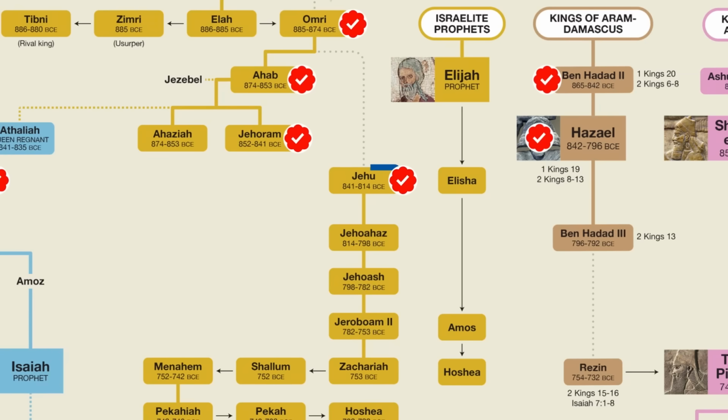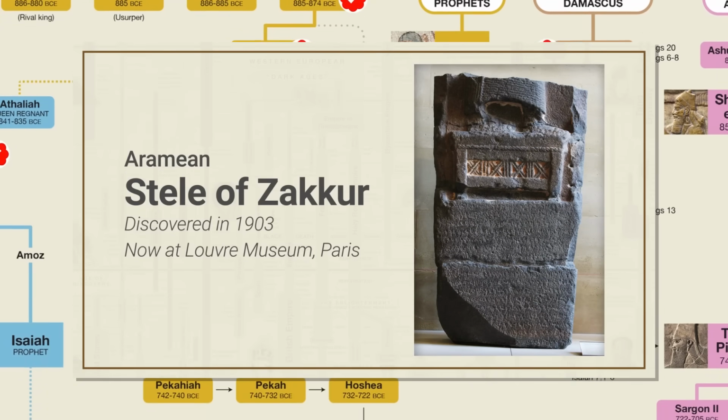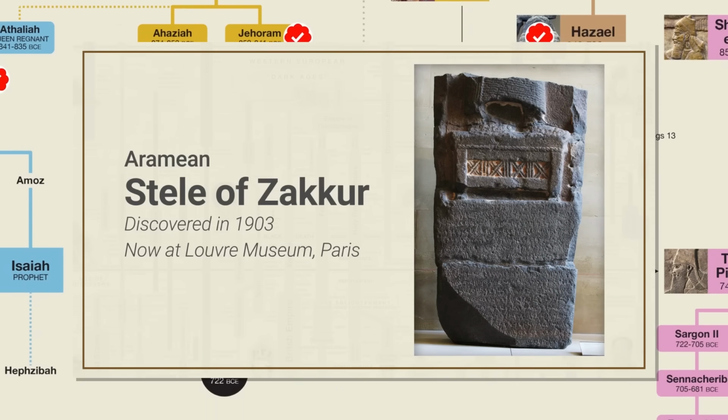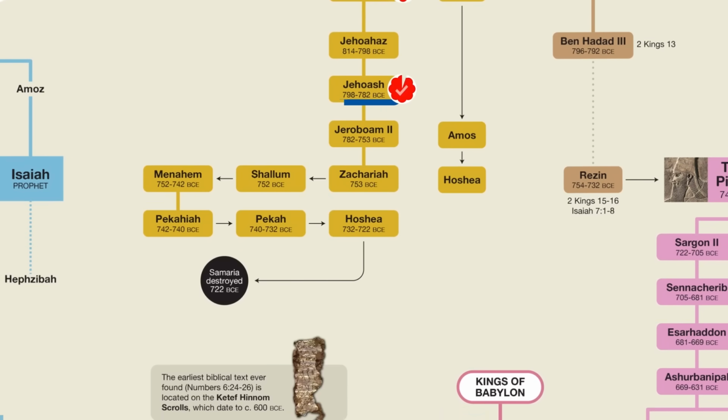According to the Bible, Hazael of Aram Damascus was followed by his son Ben-Hadad, who became Ben-Hadad III. This too has been confirmed by archaeology on the Zakar stele. Several of the subsequent kings of Israel show up in Assyrian records as well, including Jehoash, whose name appears on